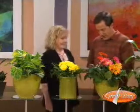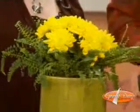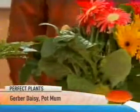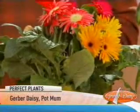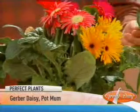All right, let's talk about the Gerber Daisy and potted mum. These two, the two flowering ones, yes. These are great for Mother's Day, obviously, because they look like Mother's Day presents, do they not? Plus, they bring a lot of color and style to your home, and they're just as hardworking as the golden pothos. They actually remove the same toxins, and although they're a temporary plant...